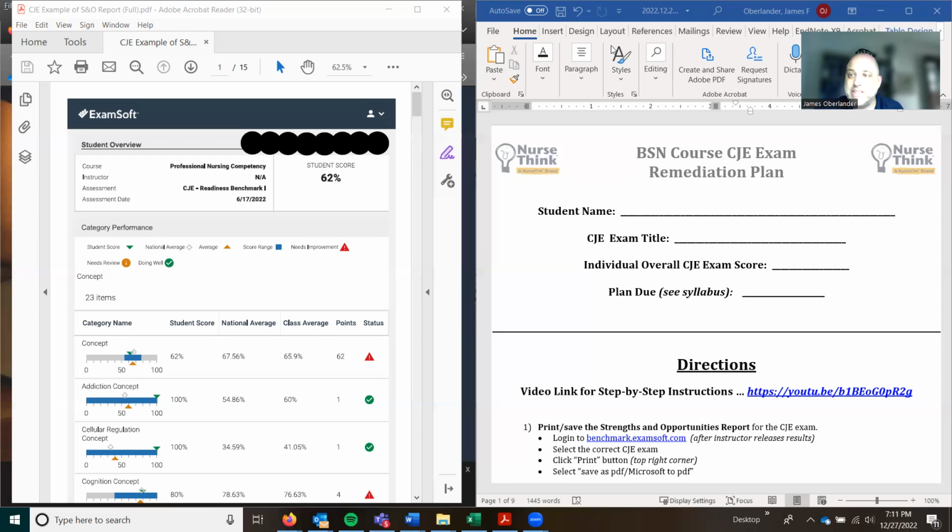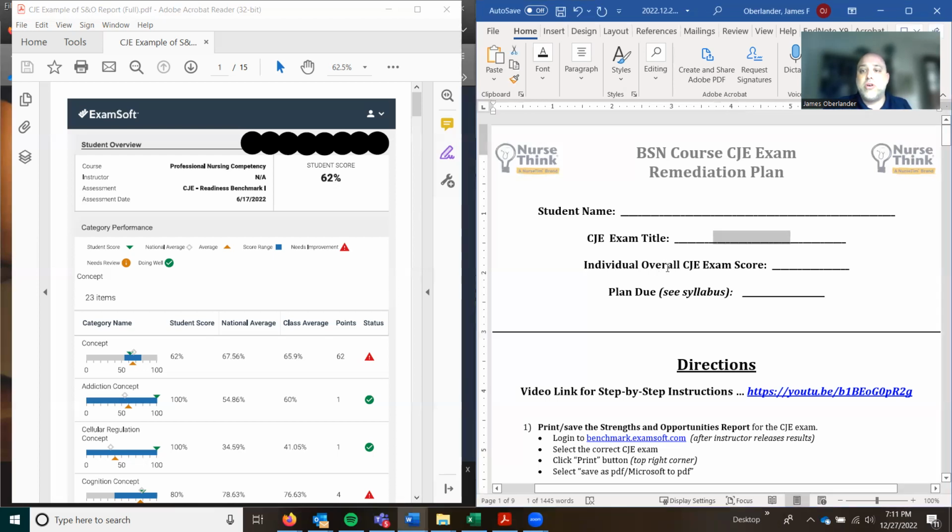Your instructor will release the strengths and opportunities report, which we'll get to in a minute, and then you'll complete the remediation plan. So you're going to put your name down. You're going to put the title of the exam, which for the student on the left is readiness benchmark 1. And then you're going to put the overall CJE exam score, which for this student would be 62. And then the plan due date